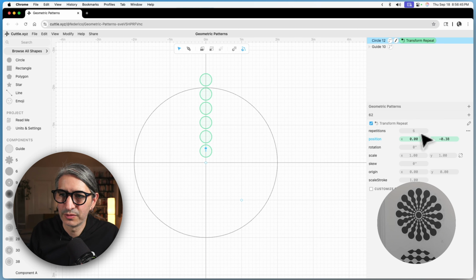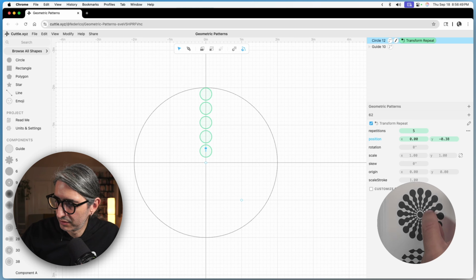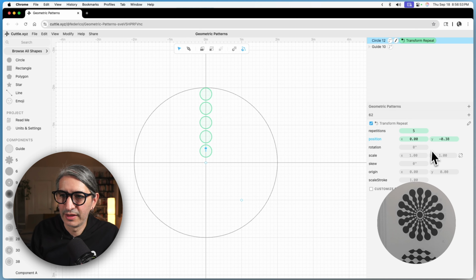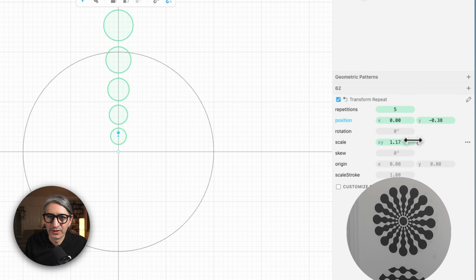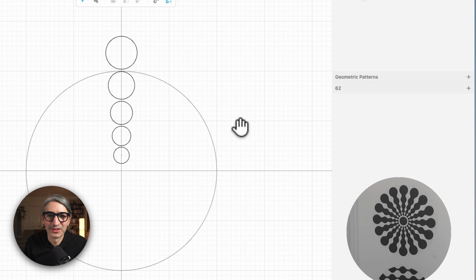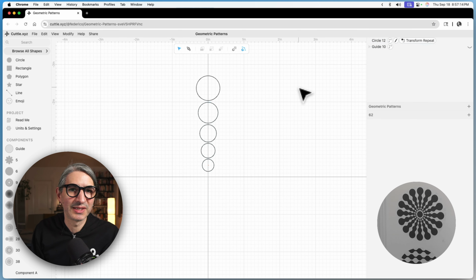Like so. It's 5. I counted 5. 1, 2, 3, 4, 5. Yeah. And then we want to scale them uniformly a little bit until I get the kind of look that I'm looking for. I want them to sort of be touching. So here's the interesting trick to get this kind of gooey situation. If you expand and then contract something by the same amount,